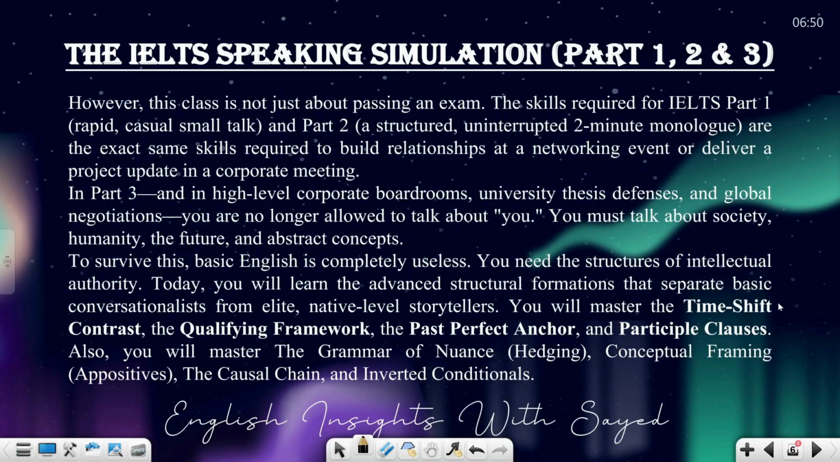However, this class is not just about passing an exam. The skills required for IELTS part 1, rapid casual small talk that you did, and part 2, a structured uninterrupted 2-minute monologue, are the exact same skills required to build relationships at a networking event or deliver a project update in a corporate meeting. And in part 3 of the IELTS speaking test, like high-level corporate boardrooms,